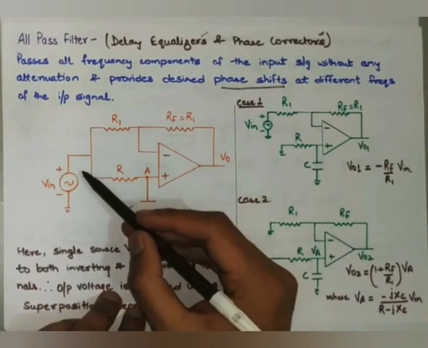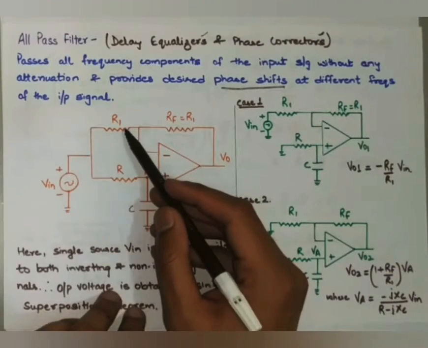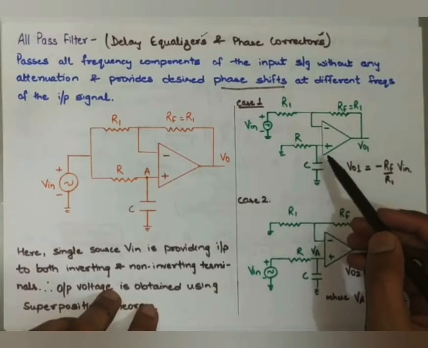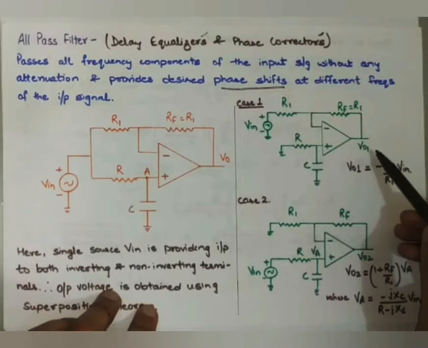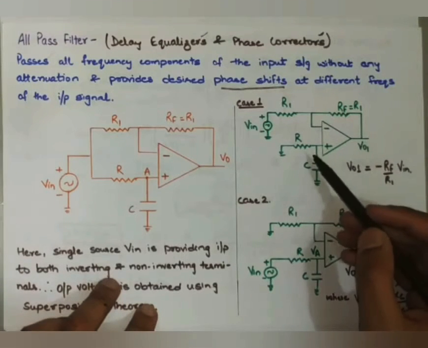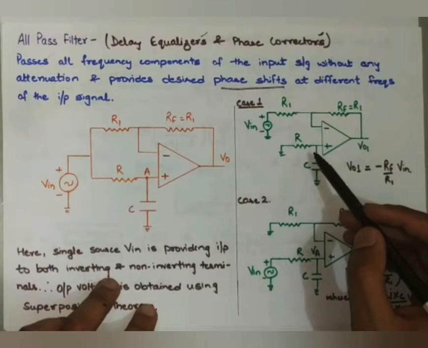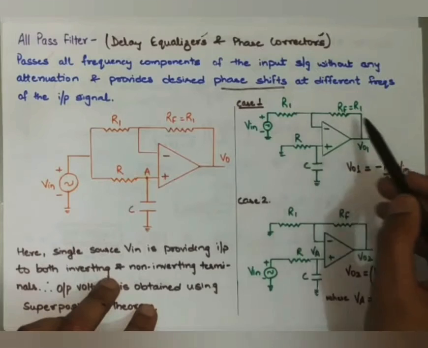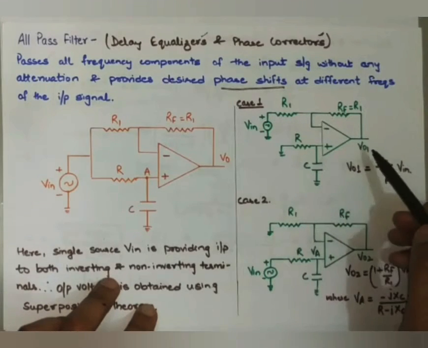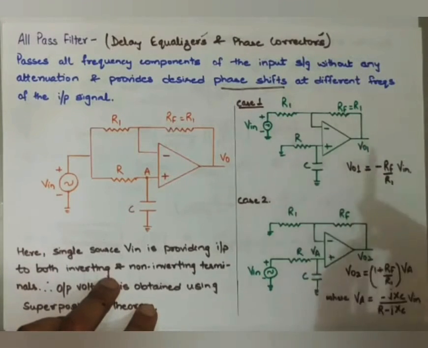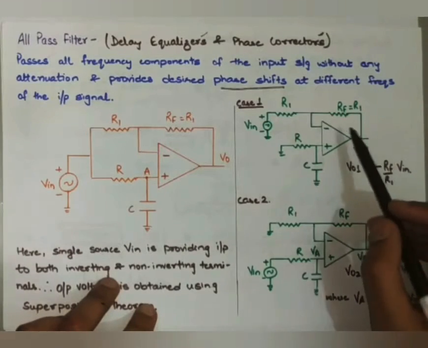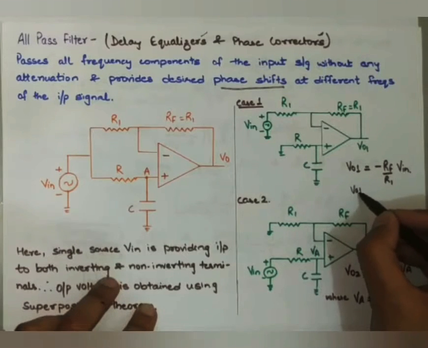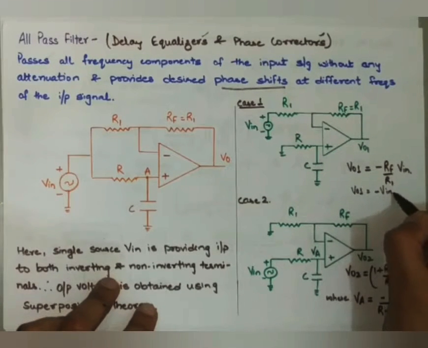In case 1, we will take only the input signal to the inverting terminal and we will ground the non-inverting input. So this will be my diagram. And I have assumed here my output voltage is equal to V01. Now if you look here, it is connected to ground, so no impact of this on the inverting and non-inverting terminal, and it is simply an inverting configuration. So the output of the inverting configuration is minus RF by R1 of Vin. Here I have assumed the value of RF is equal to R1, so I can directly say that my V01 is equal to minus Vin because RF is equal to R1.